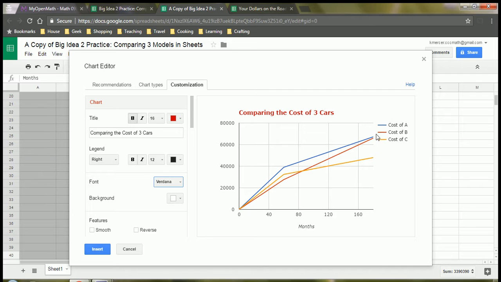The legend is this thing over here. It tells you what each of the lines mean. It's pretty useful to have for this graph, so I'm going to leave it there. Part of the reason why it shows up is because we chose the titles of those columns that had the label cost of A, cost of B, cost of C. Just like this has the word months on it because we grabbed that information when we selected our data. Okay. You can choose to change the legend as well, make it bigger, make it bold, make it italicized,